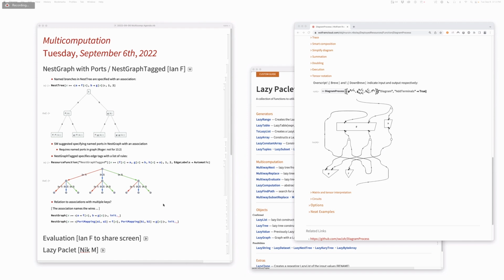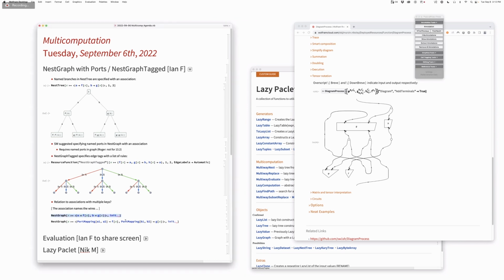I'm a little confused, but let's make a proposal over here and just understand what the consequences are. Okay, so I'm suggesting that we simply generalize nest graph so that if you put an association on the right-hand side here, whereas generally nest graph has a list here, that we already know. That's ancient history, right? But if it is an association, the keys in the association give